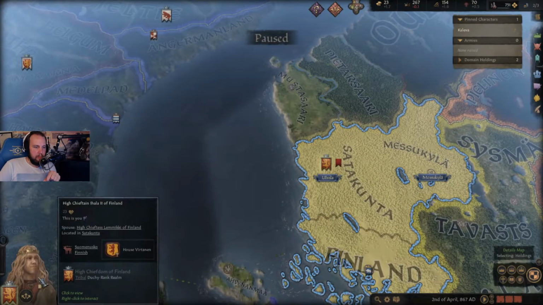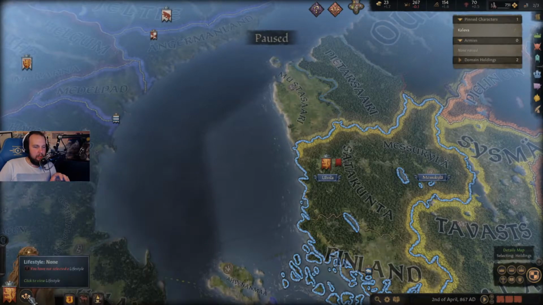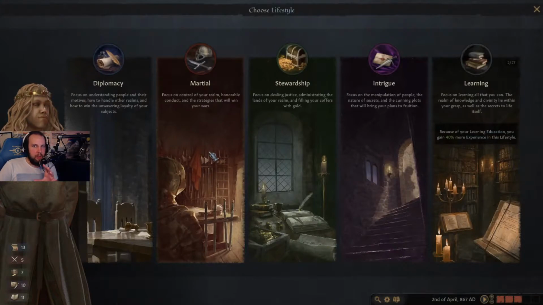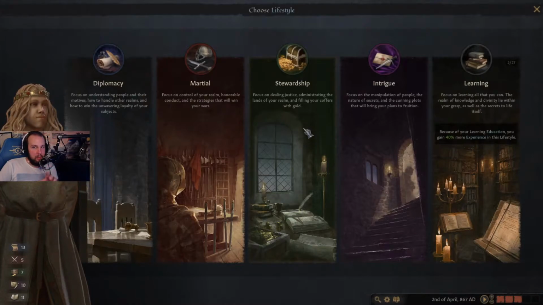And we can go back. So that's what from the flag. But if we click here, lifestyle. So here we can choose what kind of lifestyle we want to have. So we're really bad at the martial, but maybe we want to focus on stewardship. We can pick stewardship,